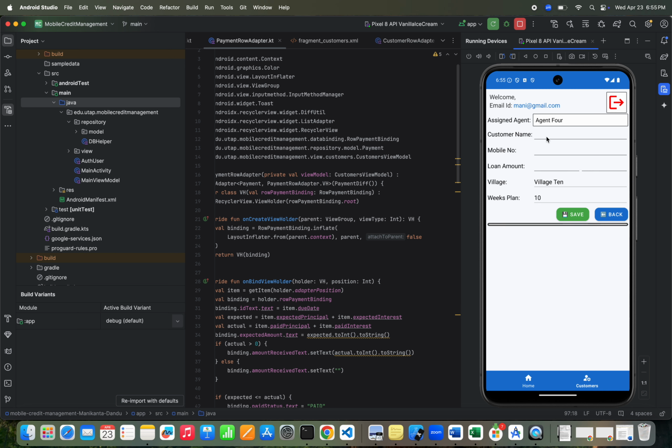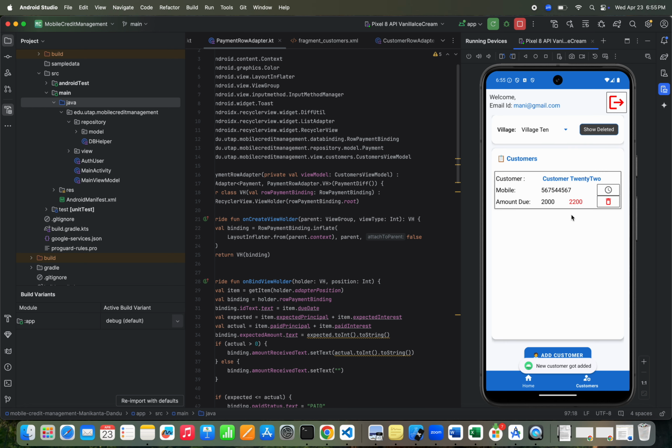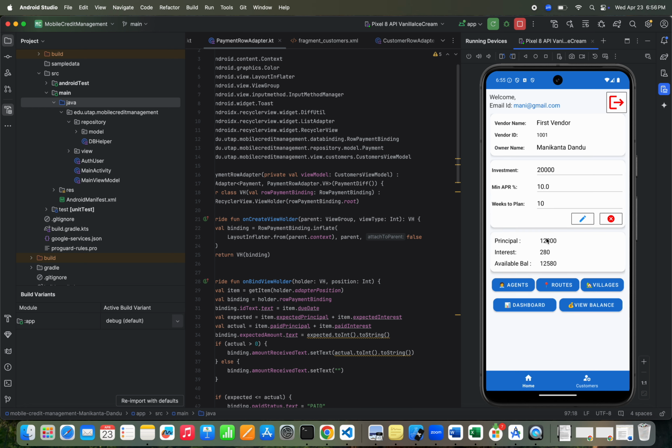Agent 4, customer name, customer 22, mobile number, loan amount, let's give like 2000 to this guy. Village 10 and then save. Okay, we created 3 customers and assigned them to 2 villages. Let's go to home, and you still see the principal is the same,